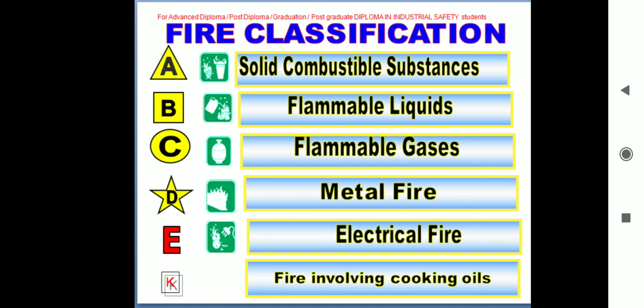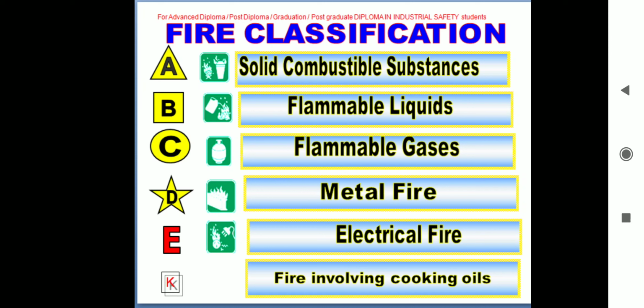Now it is fire classification. There are many agencies or standards which give this classification. NFPA classification may be there, then OSHA may give some other classification, and another US agency may give another classification. There are many classifications, but generally ABCD is the main fire classification, but in some cases ABCDE and in some cases ABCDEK. So all types of classification are included here.